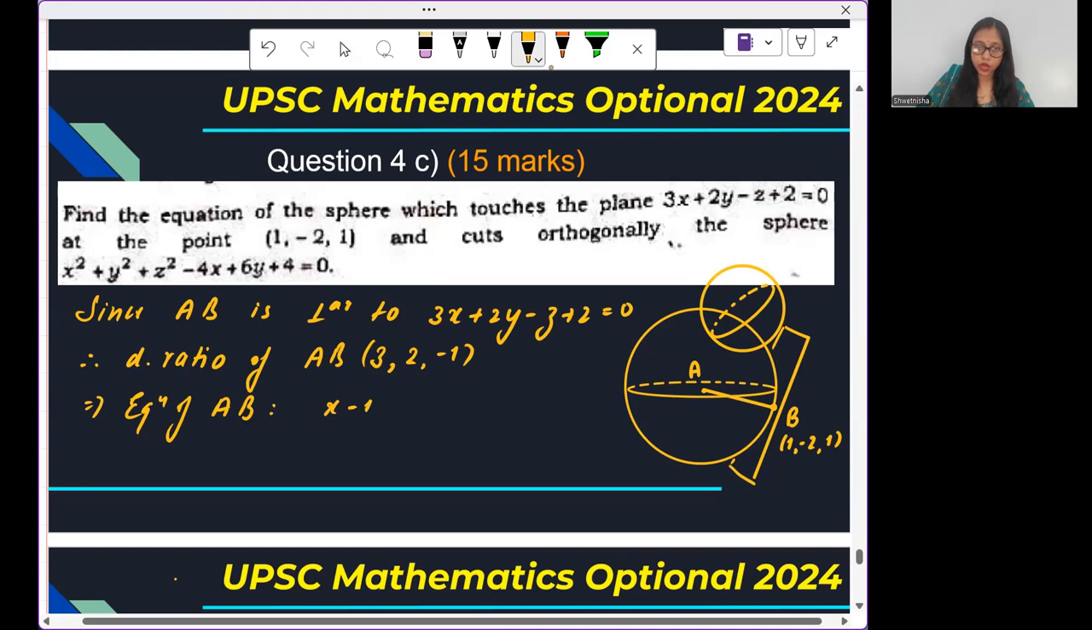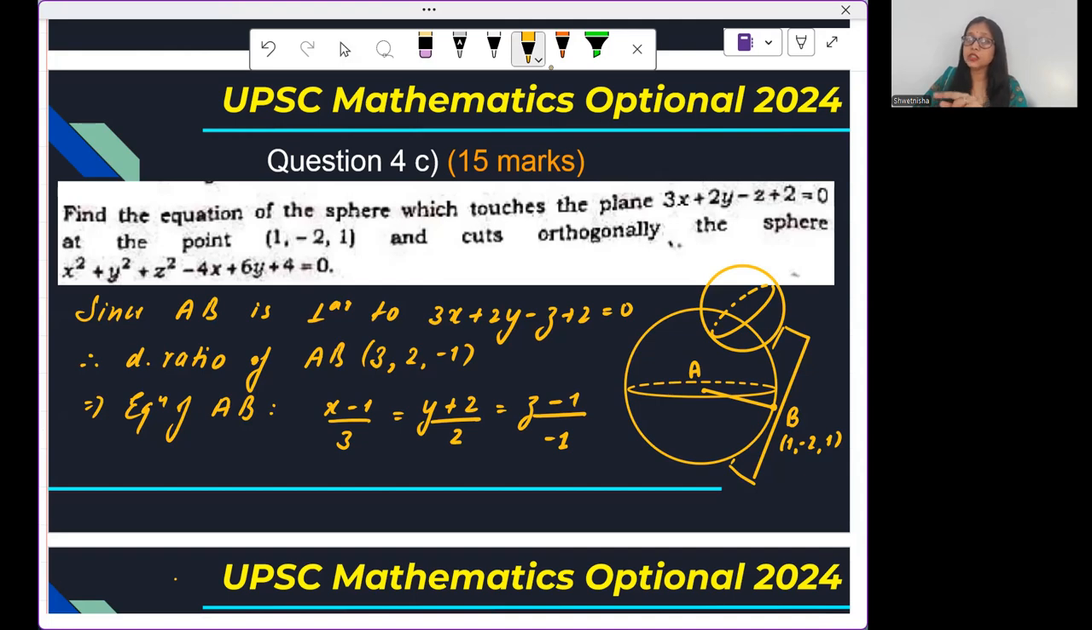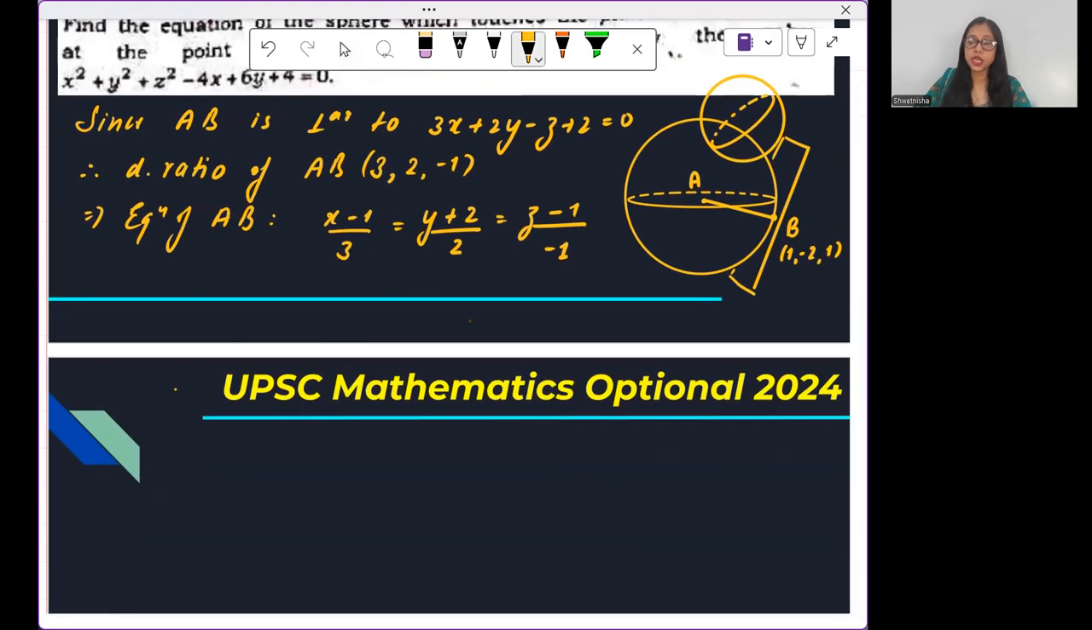x minus 1 divided by 3 is equal to y minus -2 divided by 2 and z minus 1 divided by -1. Please note here that you have to first define: let A be the center of this sphere and B be the given point of contact. Please do write all these things, okay? And then you write this. Now, if you have the equation, therefore,